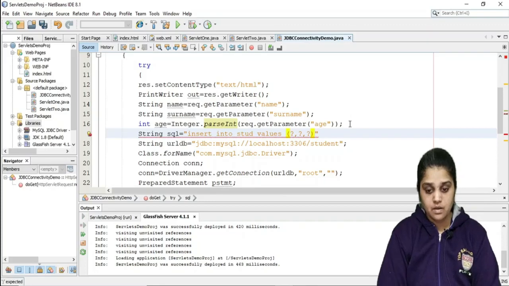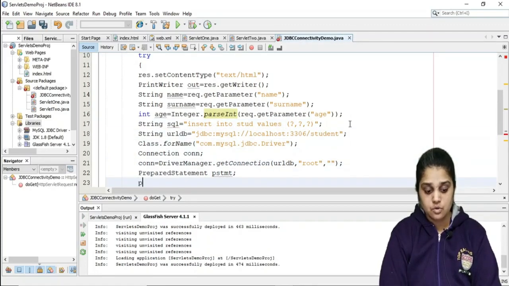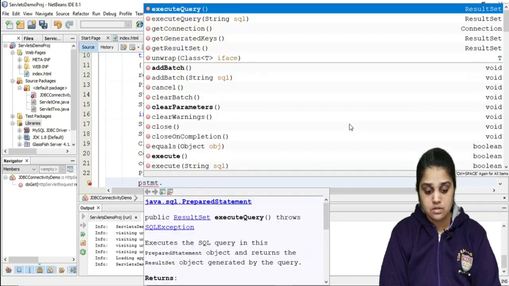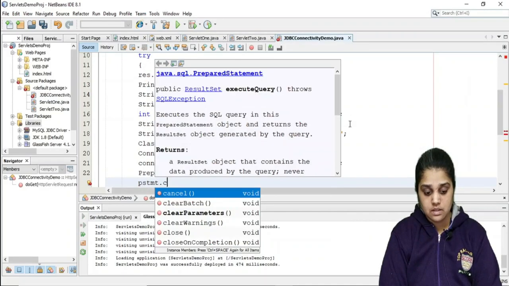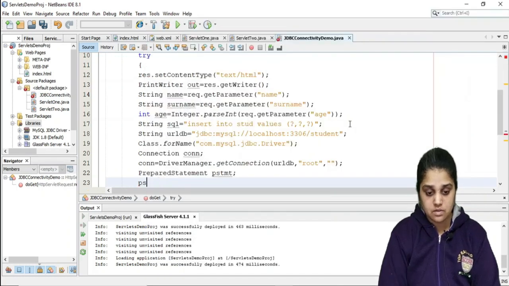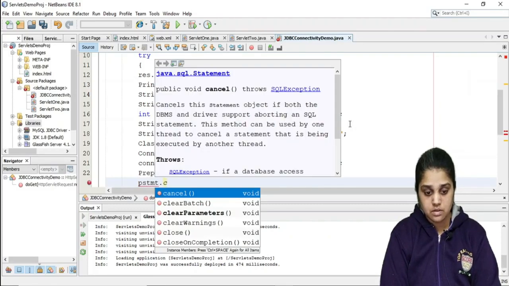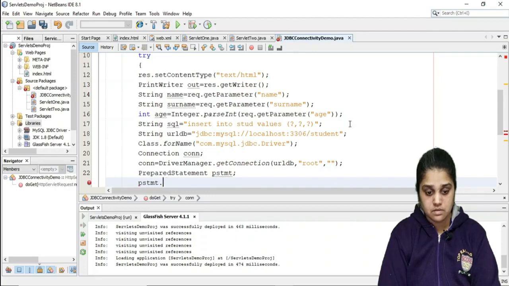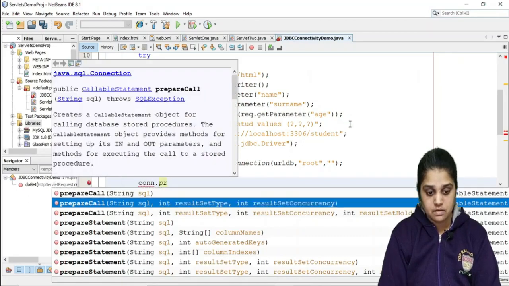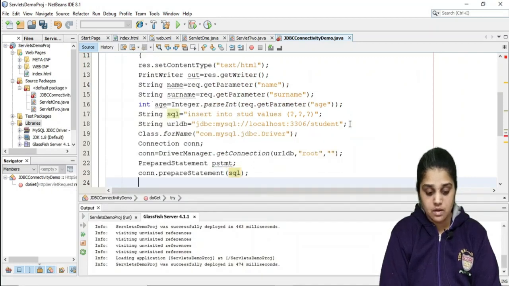This is what I want to actually insert. Con.prepareStatement, inside which I will pass my query.